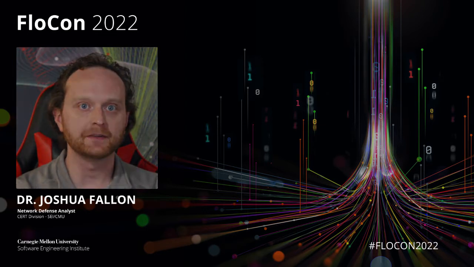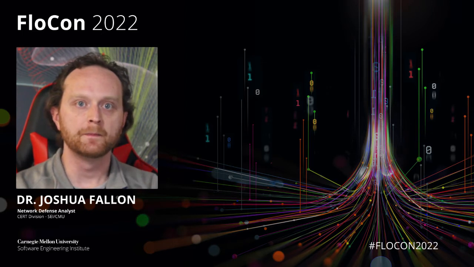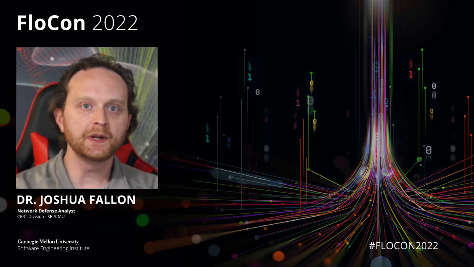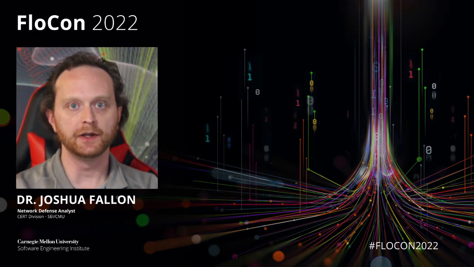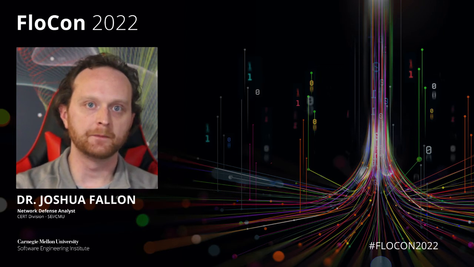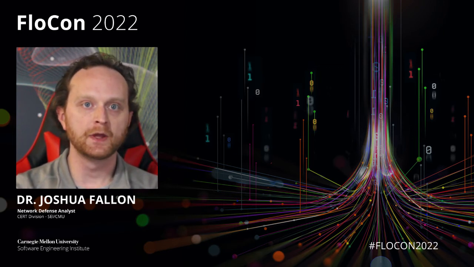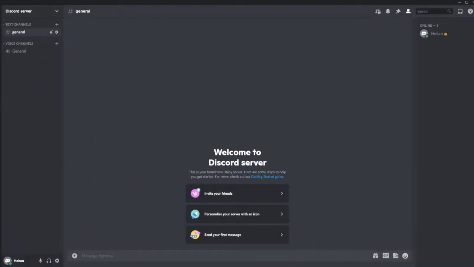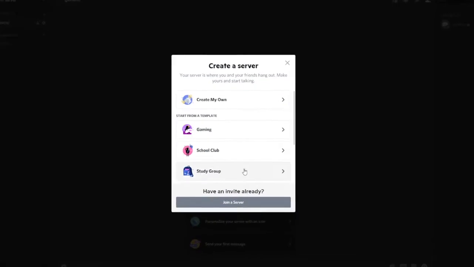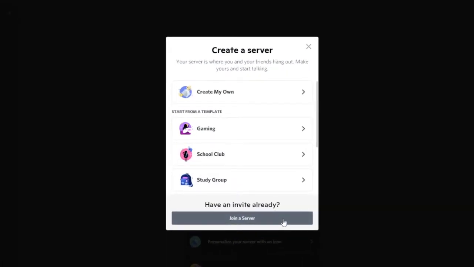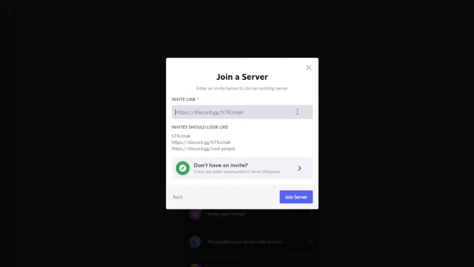In your welcome email, there was a link for you to click to join the Discord server. If you already have the desktop or mobile application and follow the link, you'll be added to the server directly. If you've not used Discord before, you can paste that link into your browser bar and follow it, and it'll bring you into the server. If you have, you can open your Discord application, select Add a Server from the left bar, click the Join a Server button in the bottom of the pop-up window, and paste that invite link right into this field.